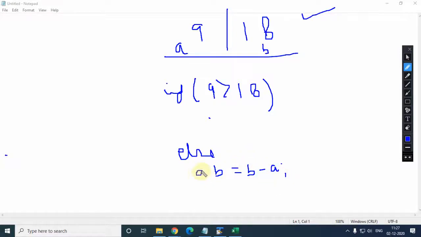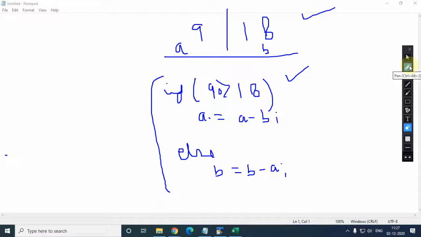So this becomes 9. And we will repeat this until the values of A and B become the same. Now if this one is true, in that case what you will do? A equals A minus B. So 90% of the thing I have written here, you just need to work it out. This is the simple subtraction method. Only one loop you need to put yourself, that I won't tell. Using this, you can easily get it.